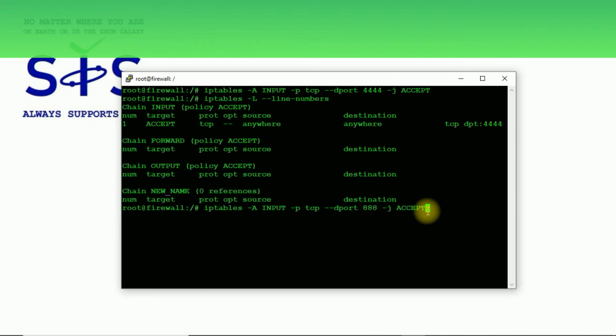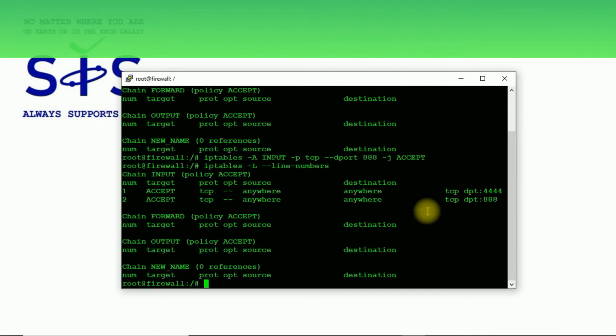First one, next, second one, and all new rules will be added on the bottom. So after hitting enter, like you see, we've got two rules, first and the second, and the numbers for them.